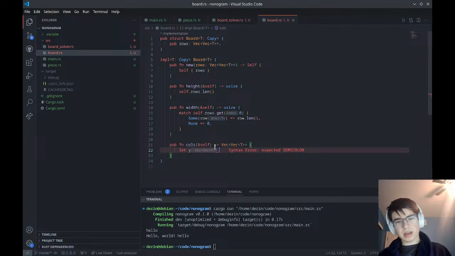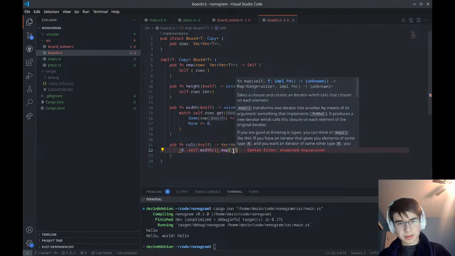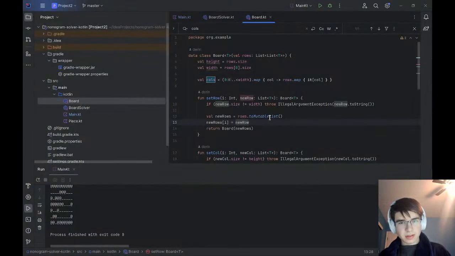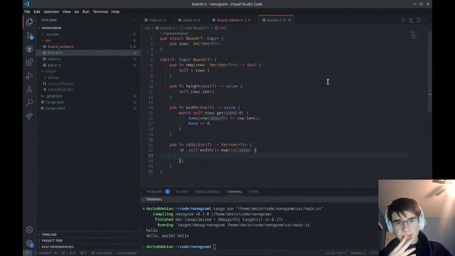Alright, because it's a copy type, that's why it's allowed to do that. Dot map x, right? That's the x. Now, rows.map